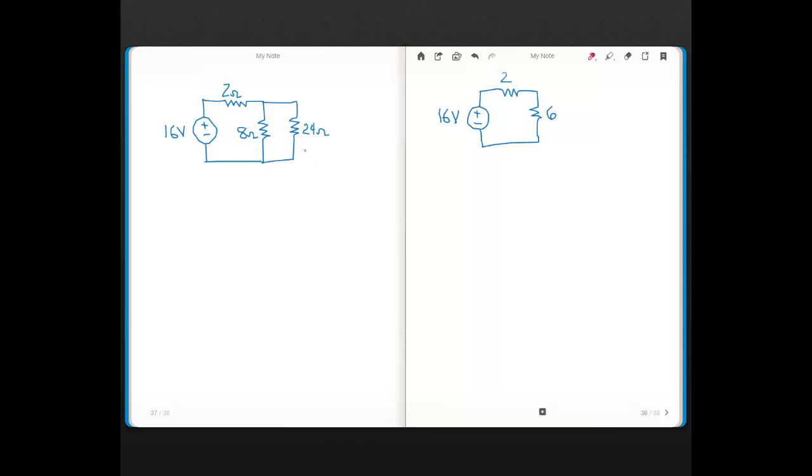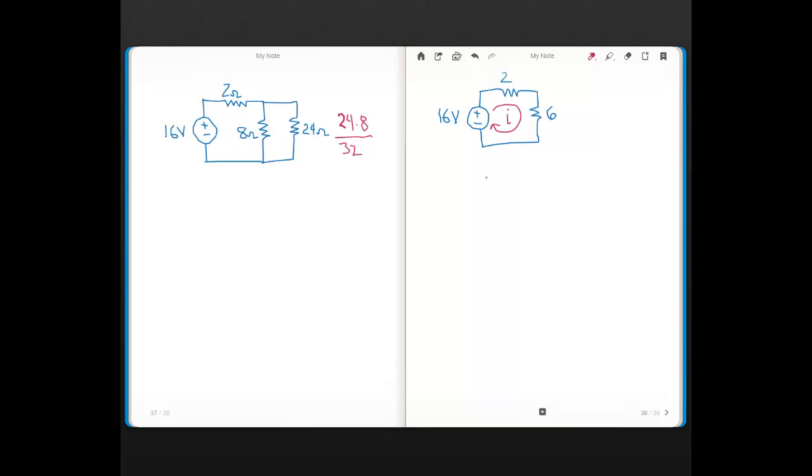So the first thing that I did here is I took the 8 and 24, which are in parallel, and did product over sum. So if you calculate 24 times 8 over 32, that comes out to 6. So that's what I did over here, is I redrew this circuit with the 8 and 24 represented as a 6 ohm resistor. So now we can see that in this series representation of our circuit, our current flows like this,